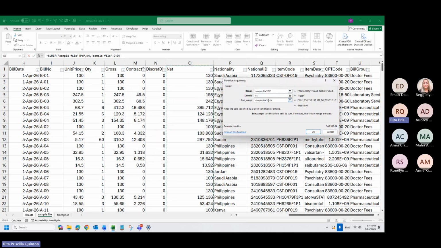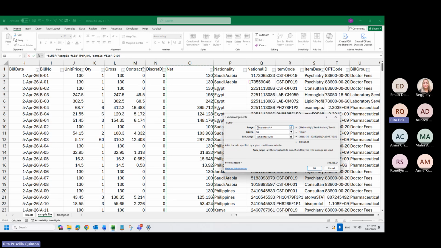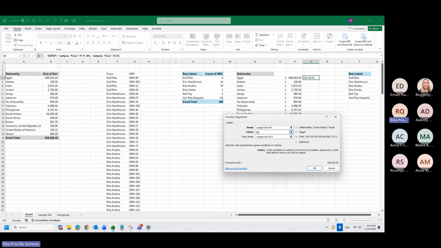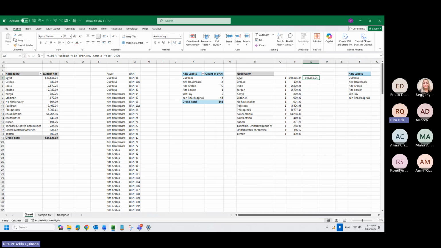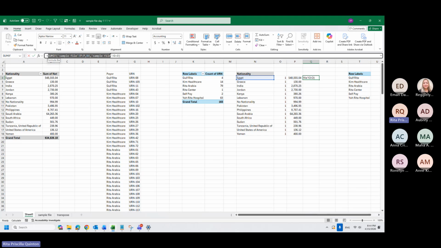So it will be O. Always remember that the range pertains to your criteria and the sum range is different. Okay. So usually if I see formulas like this, I read it in my mind as: sum if this column has this criteria, and then give me the summation of this column.